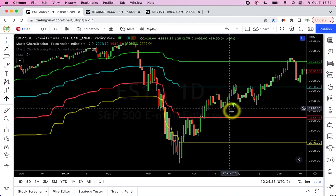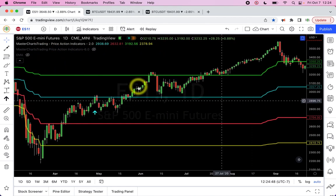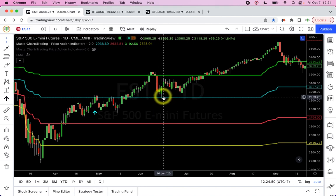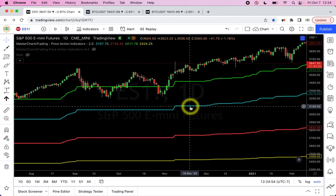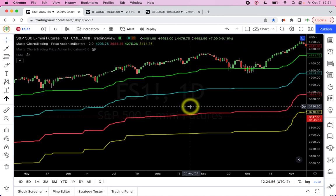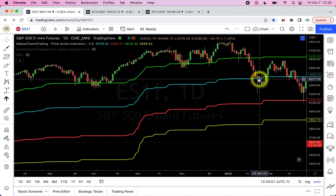Looking at this chart, this is S&P 500. S&P 500 broke out above this blue support resistance line, or I call it the new bull market, on April 29th, 2020. This was during the pandemic. We had one more opportunity right there in June of 2020 to get in on the long side, but that was about it. Stock market just kept going higher and higher and higher until quite recently, until January of this